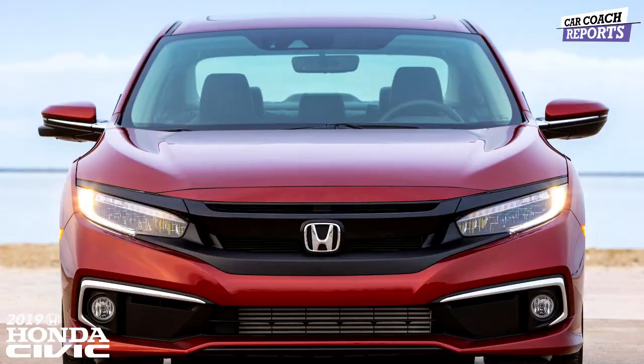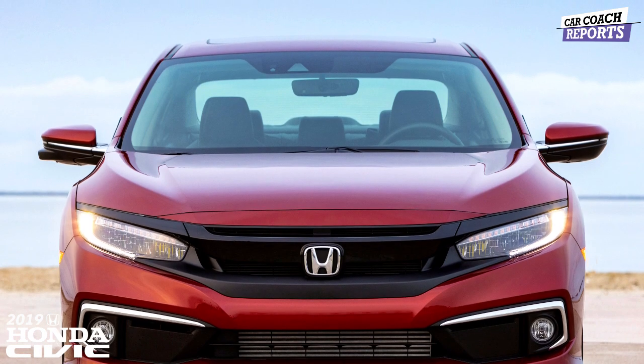So when it comes to visibility, there's excellent visibility out the front. The back is a little bit limited because, of course, it's a sedan with a slope back, but overall the visibility is really good. Now, when you're looking at safety, the standard suite of safety features that comes from Honda